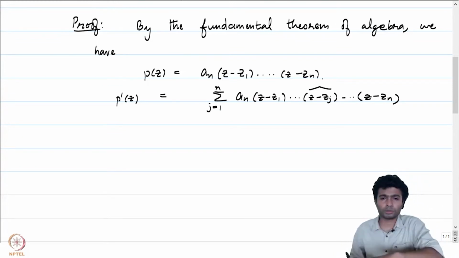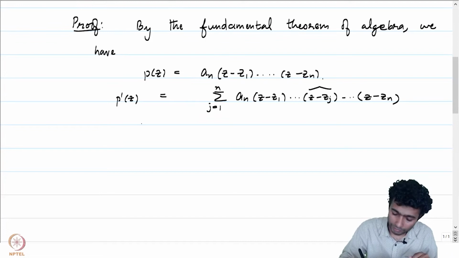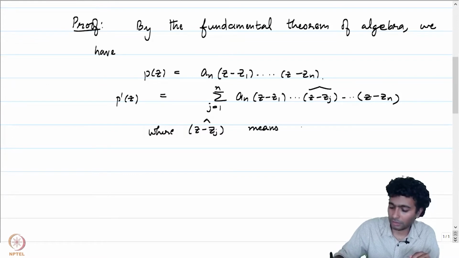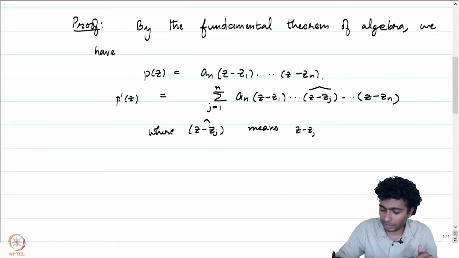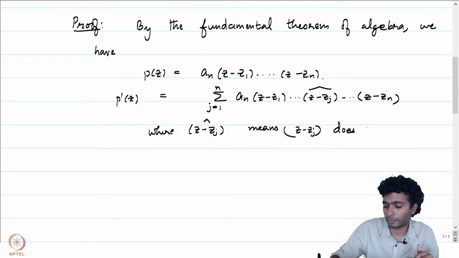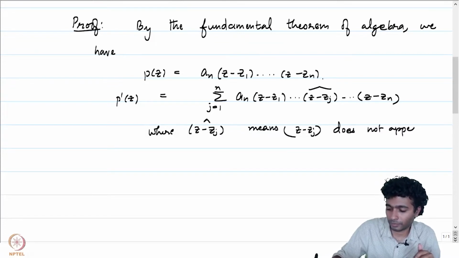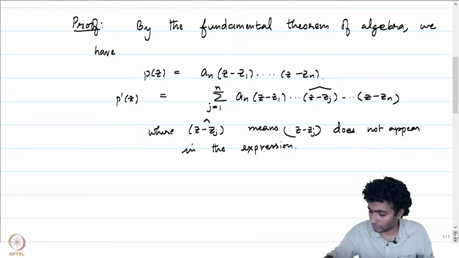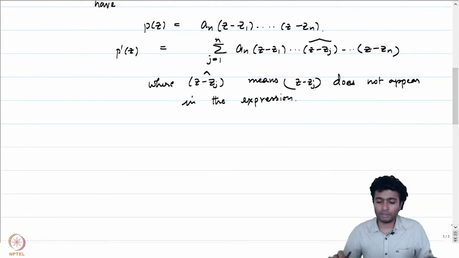This is the Leibniz rule that is being applied here, where z minus zj hat means it's removed, z minus zj does not appear. By the way, we are not demanding that z1, z2 up to zn are distinct. It could happen that a few of the zi's are the same, but that shouldn't affect our